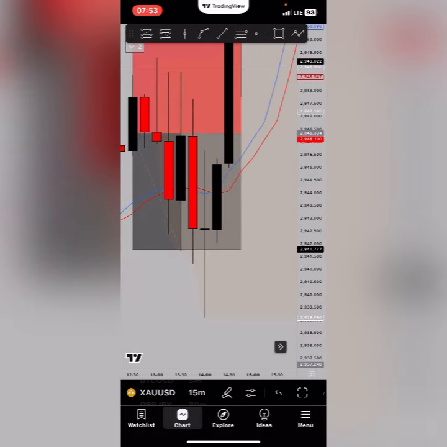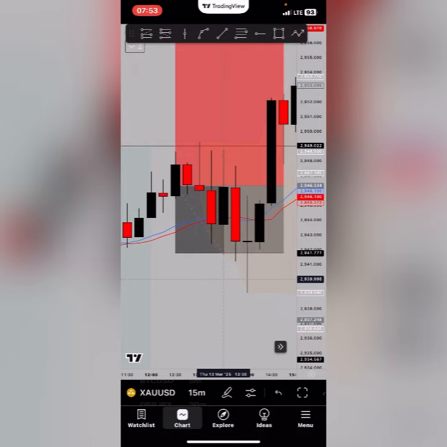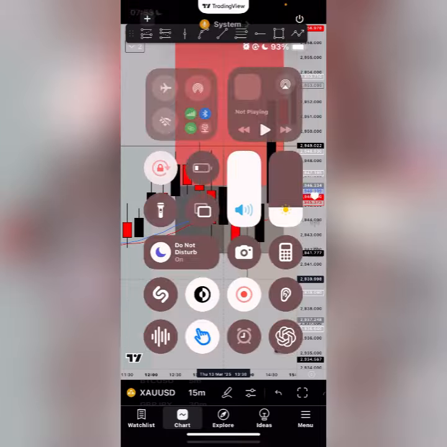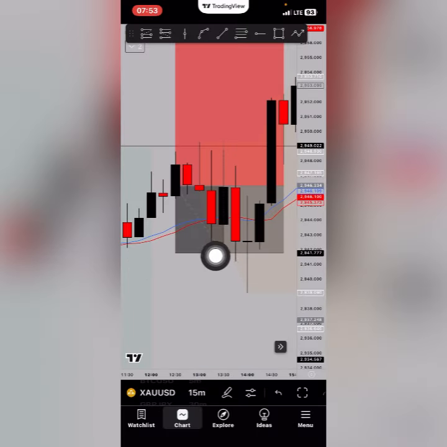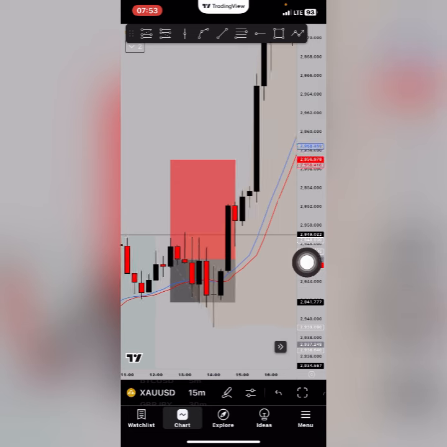If you look clearly, I was stopped out from this point right here. Let me do this. This was where I was first stopped out, right? You can see it just stopped out and went back up. So I went in on this position again right here, and price still came down to stop me out, right? That's the second time, and I was like, should I go in the third time?